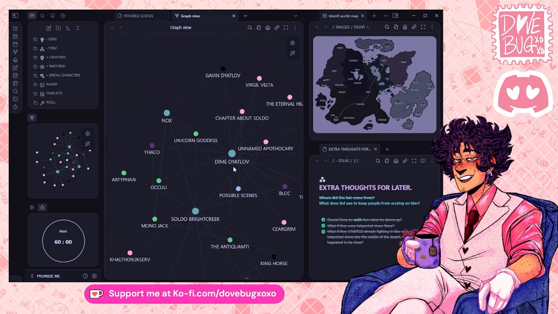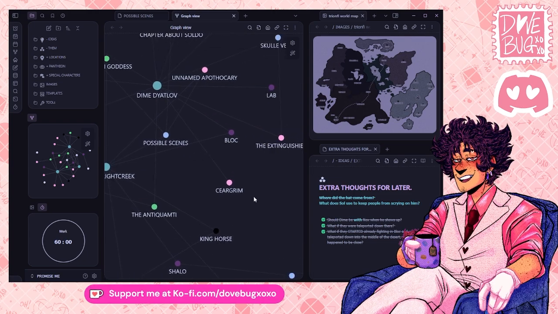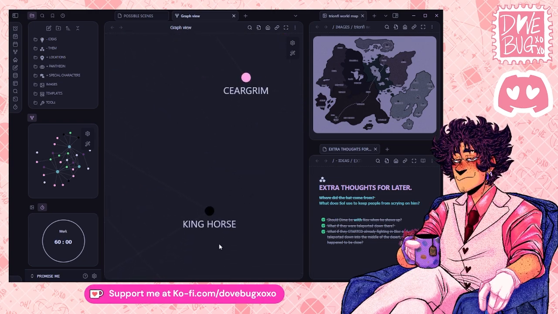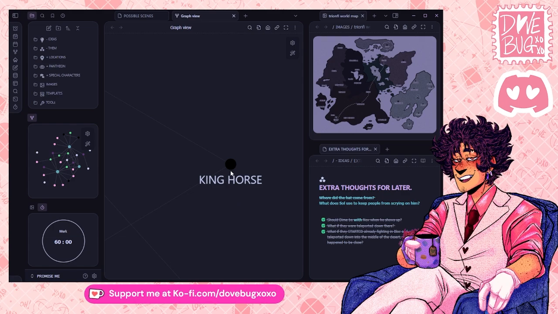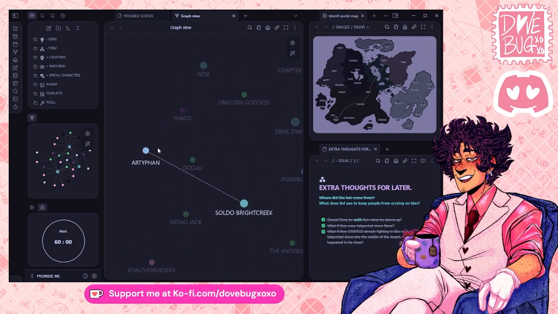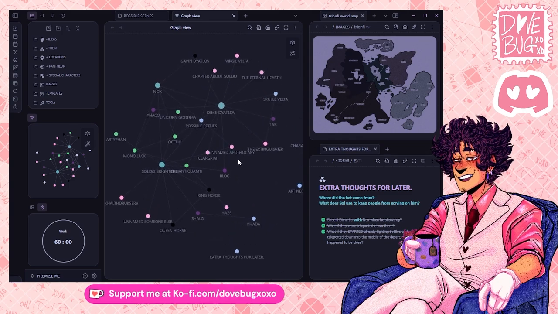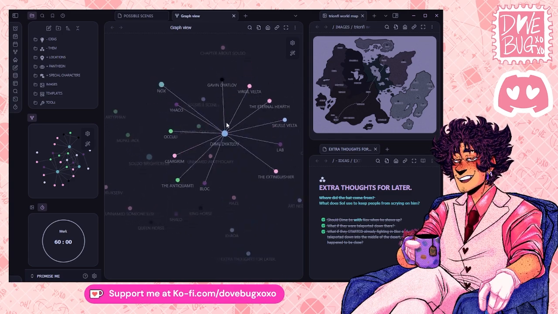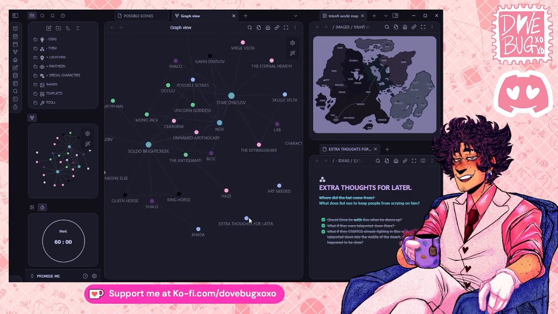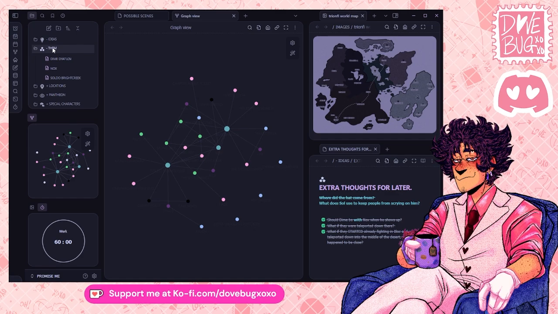Now, once you have things really starting to lay out, you can zoom in and out, and you can look. The black nodes are dead people. Those are people who have died. So I color code things a certain way. The green ones are part of the Pantheon. I have some of our main blorbos here.